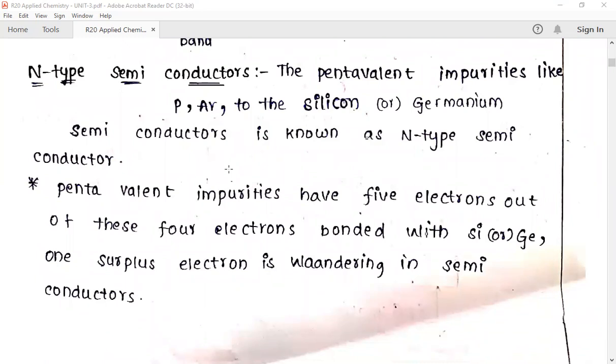The best examples of the elements used for N type semiconductors are pentavalent impurities, like the fifth group elements, such as phosphorus and arsenic. If they are doped to silicon or germanium,